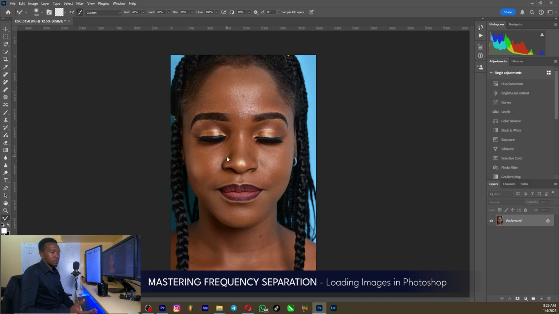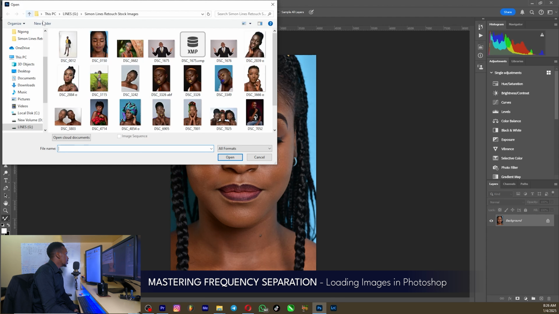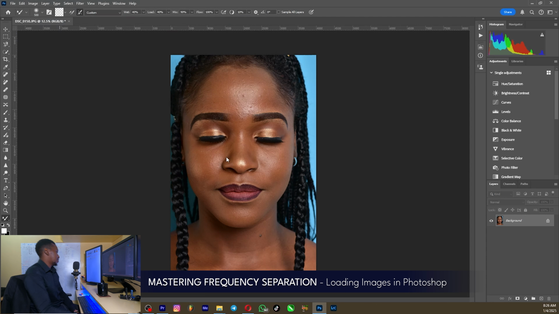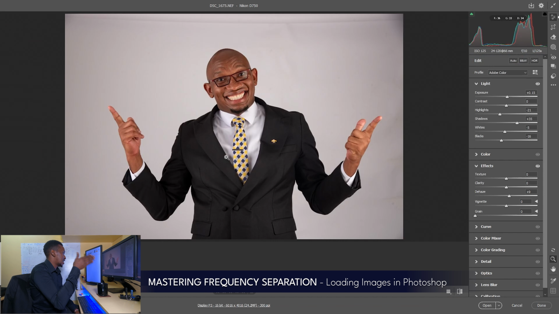So same process, but instead of dragging and dropping, I'm going to the File menu, then picking on open, and the same applies for your raw files. Also, these are JPEG images. Then I'm going to go to File, then open. Then I'm going to pick my raw file once again. Here it is. Then I'm going to click open. Okay, so it's going to load in the Camera Raw window like it had,